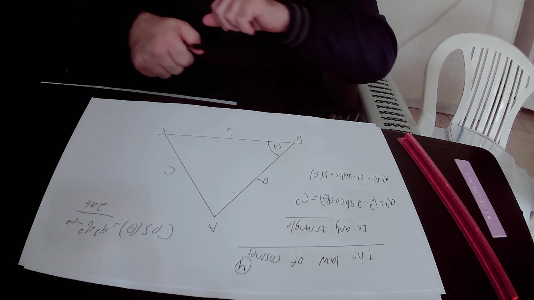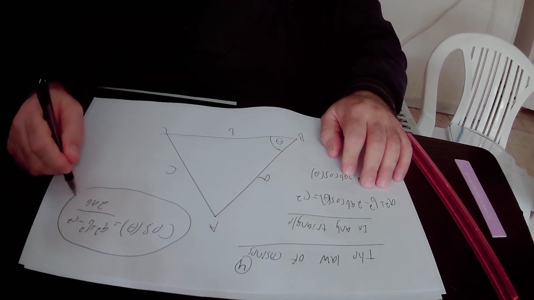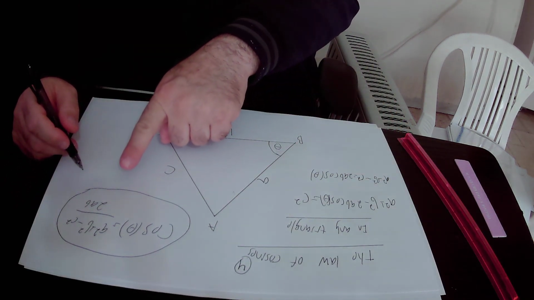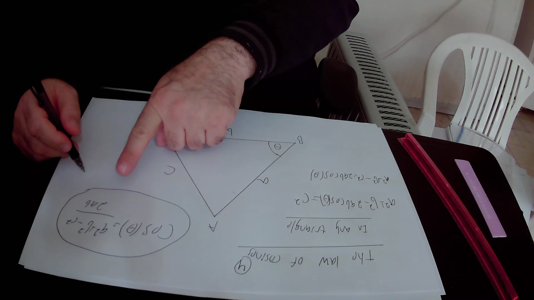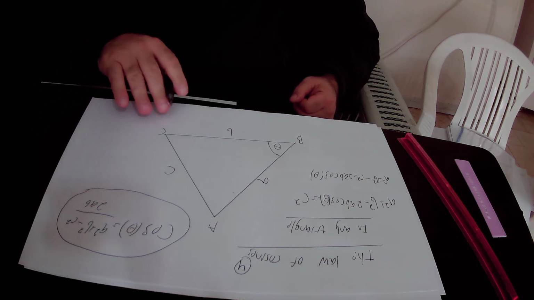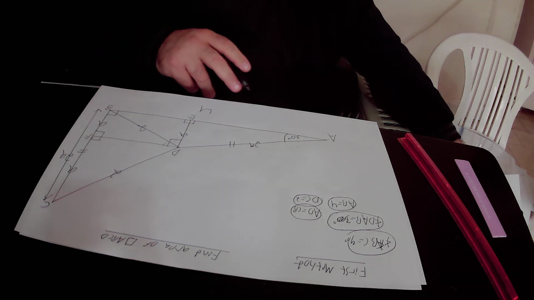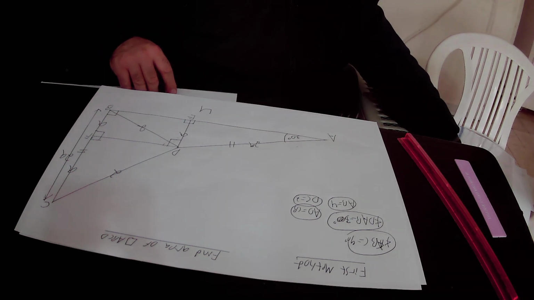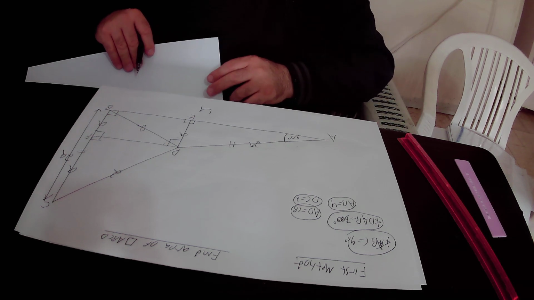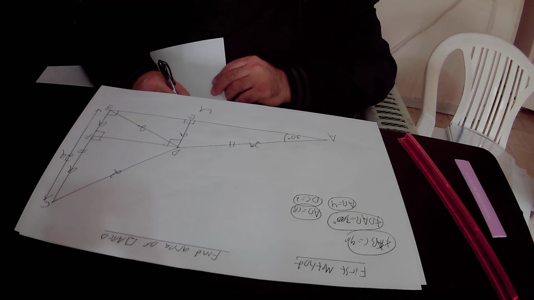I will repeat again, we got that cosine theta equals A squared plus B squared minus C squared over 2 times AB. And we can implement the law of cosines in our triangle ADB. So if we focus on triangle ADB,